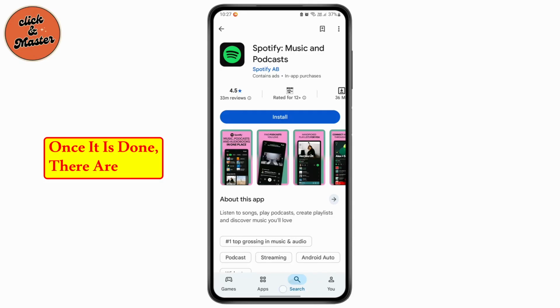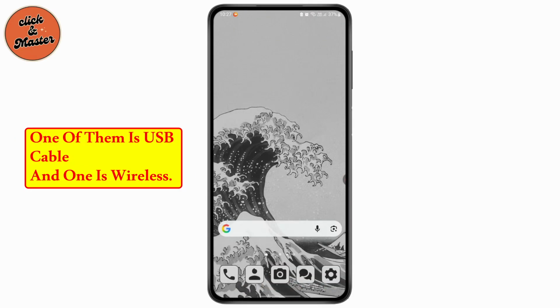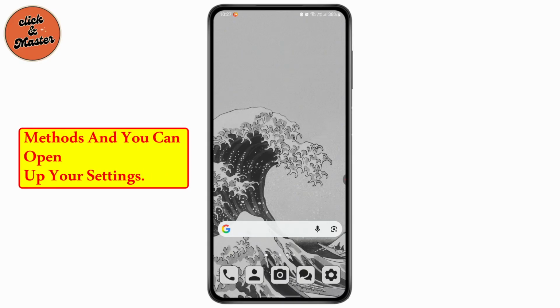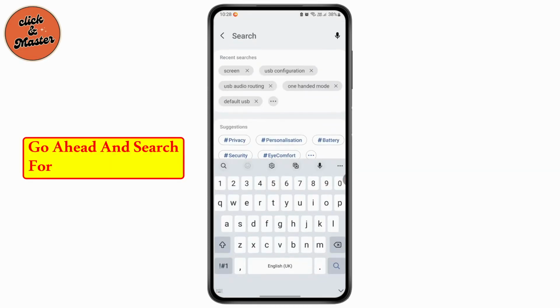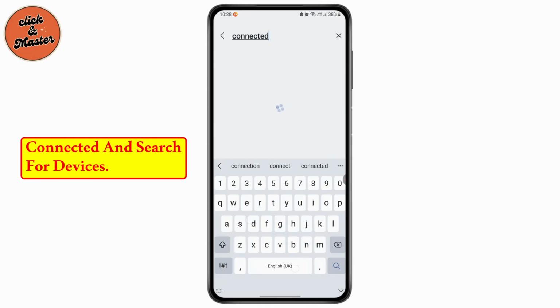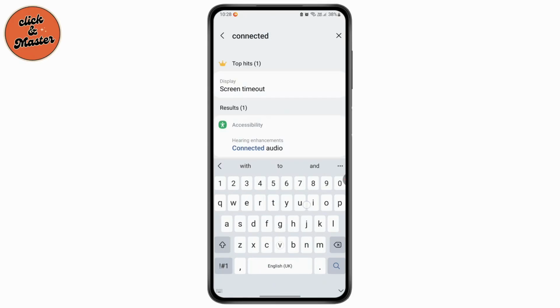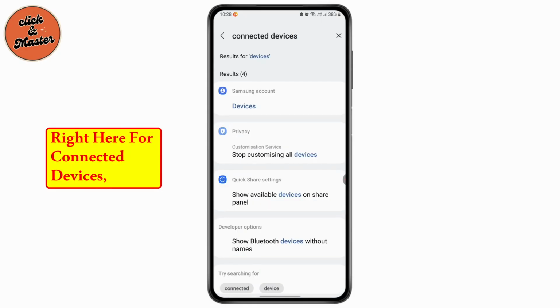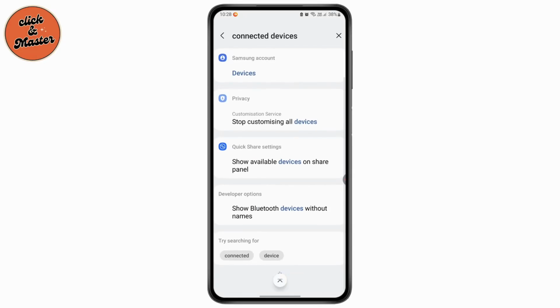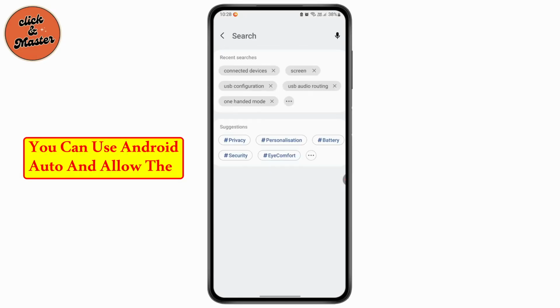Once it is done, there are two ways that we can connect it. One of them is a USB cable and one is wireless. If your car supports it, you can use those methods and you can open up your settings and go to the option for connected devices. Go ahead and search for connected devices. And once you find this option right here for connected devices, you can use Android Auto and allow the permission